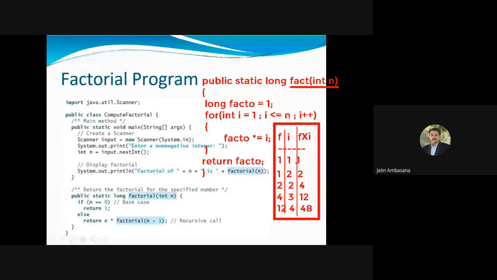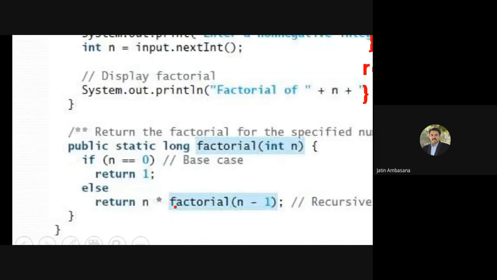This value gets over here, this value gets over here, and in this way it continues. This is how the factorial method works. But now what we are doing is a recursive factorial method.